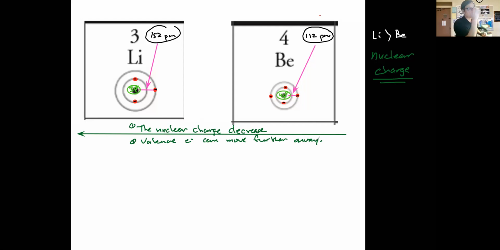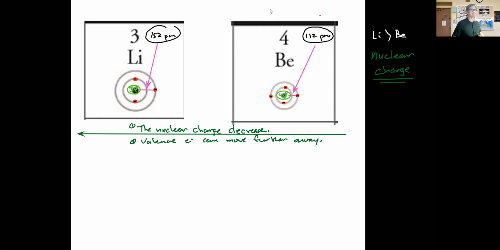You have to be able to, so again, memorizing the trend is easy. You've got to be able to explain the trend as well, and we can explain it in terms of nuclear charge. Okay. All right. So that's the trend in the period. Let's take a look at the trend in the